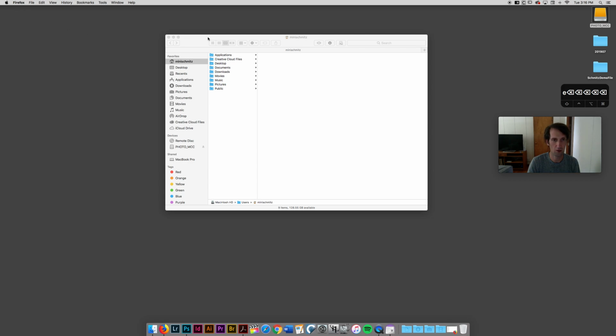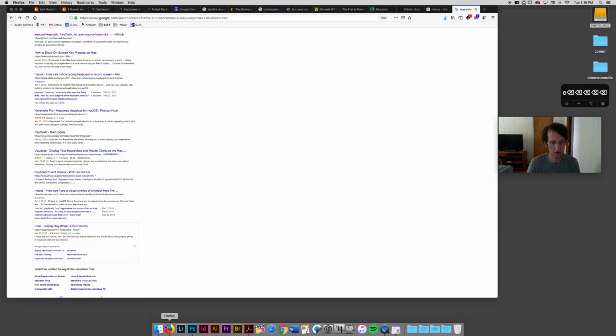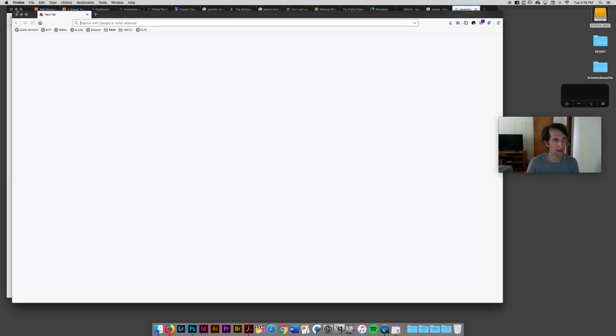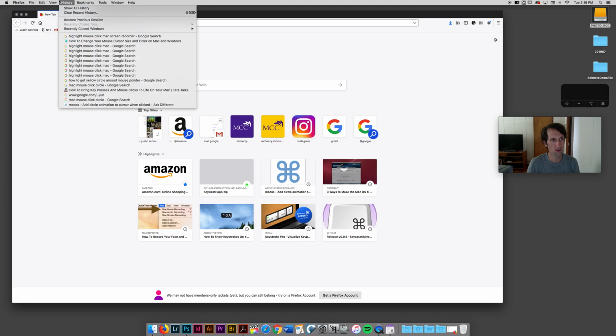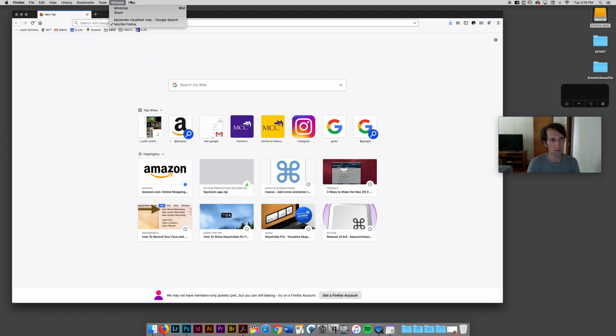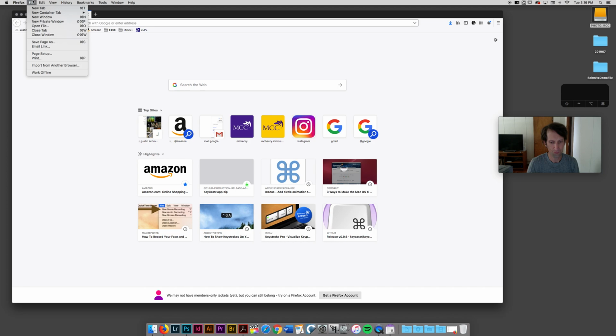So here we go. You're going to notice that when you click into an application like Firefox, you're going to see the word Firefox come up and then the whole sort of sub-menu. When I see Firefox up here, I'm going to get a whole host of menus and sub-menus that are specific to that piece of software. So File, New Tab is specific to Firefox. If I go ahead